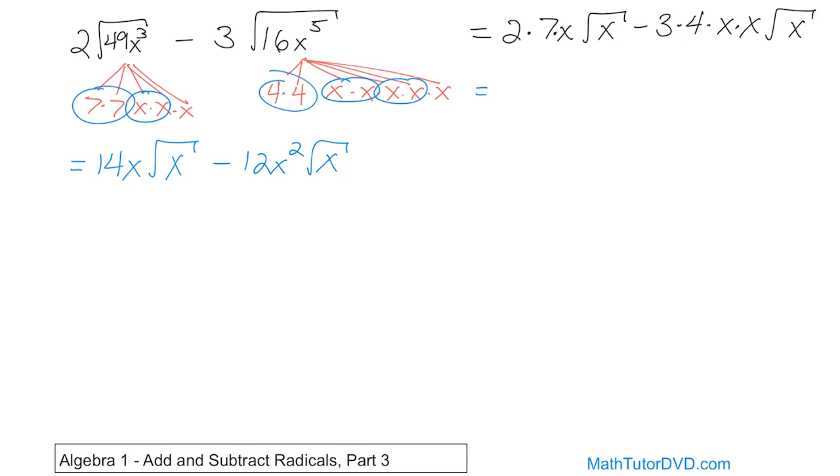Now, honestly, if it were me, I would just circle this answer. All right, that's totally fine to do. But you might look at it and say, well, I have a square root of x and a square root of x. So it is true that you can subtract these because they are like terms. But the problem is when you subtract like terms, what you're doing is you're subtracting the coefficients. But notice that this term is an x, 14x, and this term is 12x squared. So even if I subtract the coefficients, I'm still not going to really be able to subtract